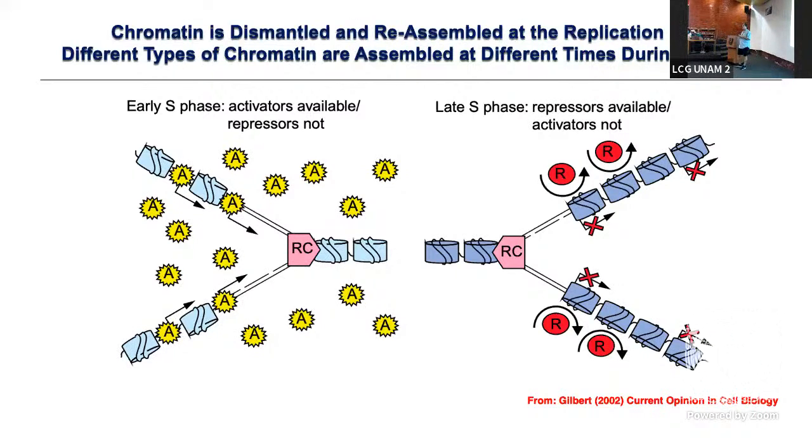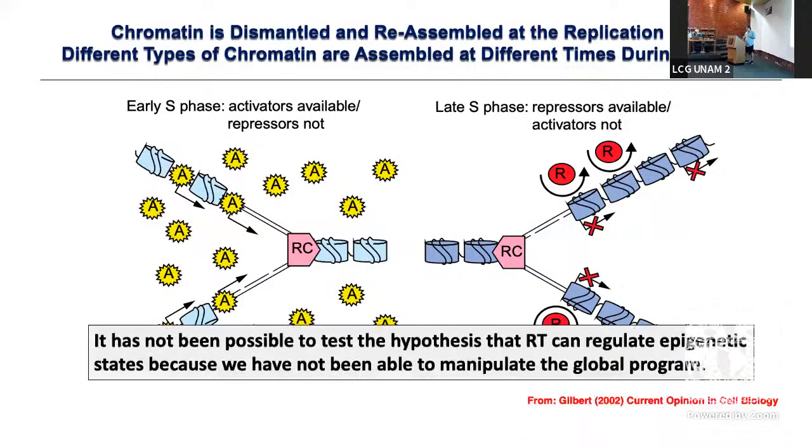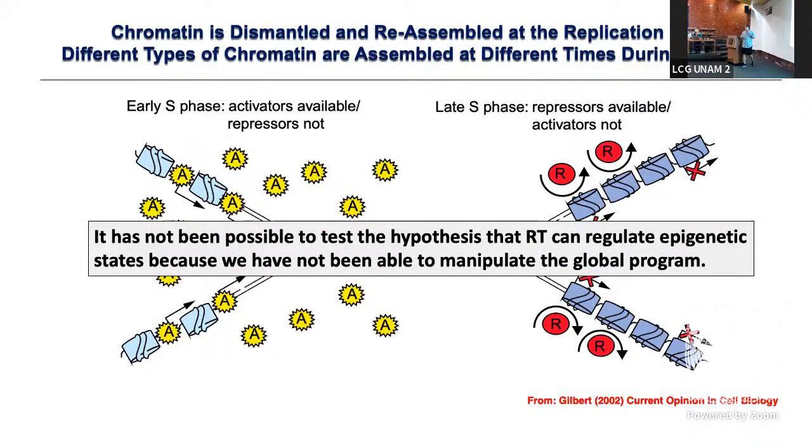But I had no way to prove it, not as an undergrad, not as a grad student, not as a postdoc, and not for the first 20 years or more of my independent laboratory. Because, as you might recall, I told you that we insulted cells with everything we could, every kind of knockout, every kind of drug, and we couldn't perturb the program. We had no means to mess up the program, so we couldn't do a necessity experiment, knock out the replication timing program, and see what it's necessary for, right?